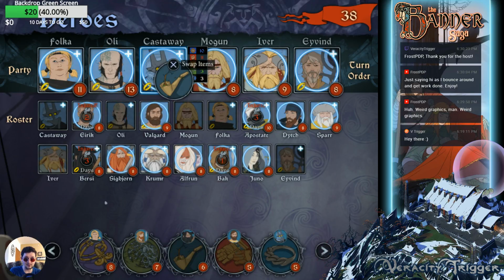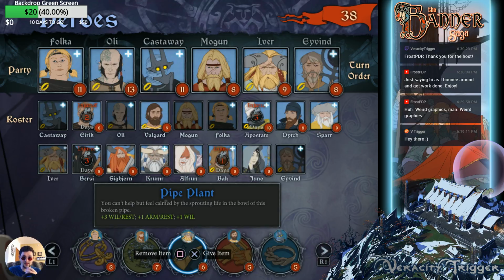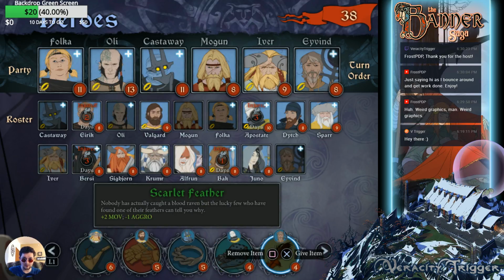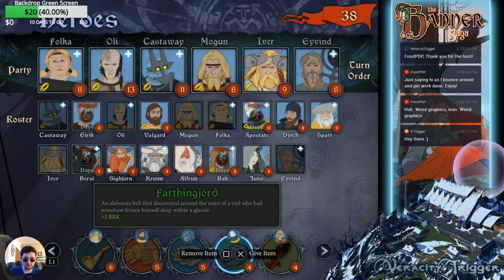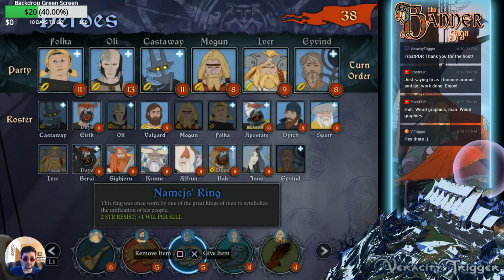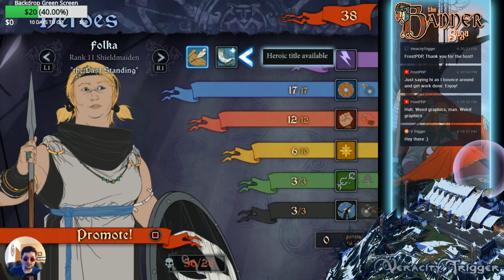Oh, that's good. I can do that immediately. And then you should probably take Ervind. Oh, this does cause aggro. The apostate has an item. Okay. Alright, that should be alright. 38, heroic title. Depends on who's staying with me. Foka looks like she is going to possibly leave at any given point in time. I don't know if I can...